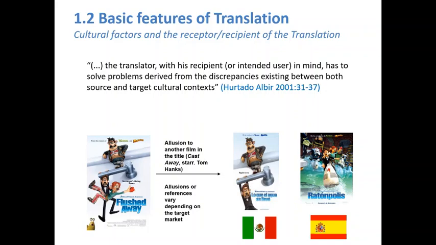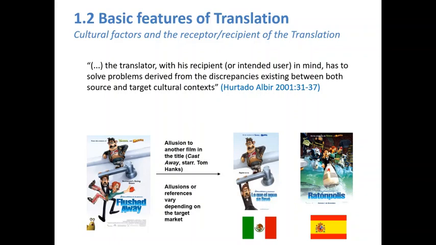So if you look at this movie, Flushed Away, you see the original English name of this animated movie. You may have seen it or not. But in this case, what we have, very simply, you can Google it, is a pet, a mouse. He's the protagonist, and he somehow ends up being flushed down the toilet of his posh upper class owner's home in London, and he goes down the tube, down the drain, down the sewage system,